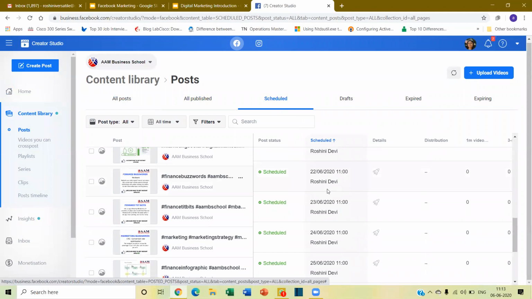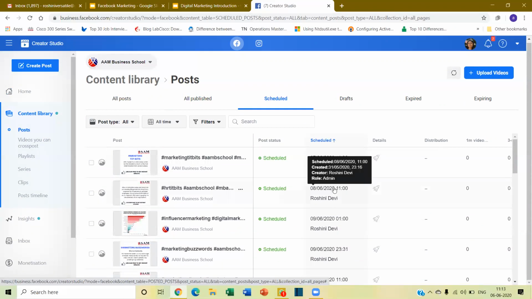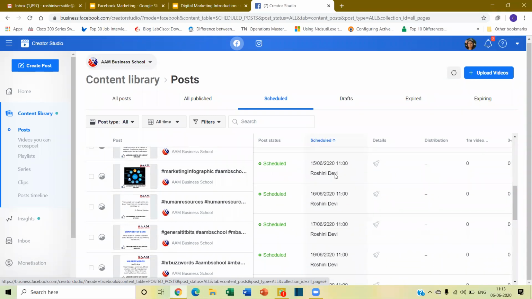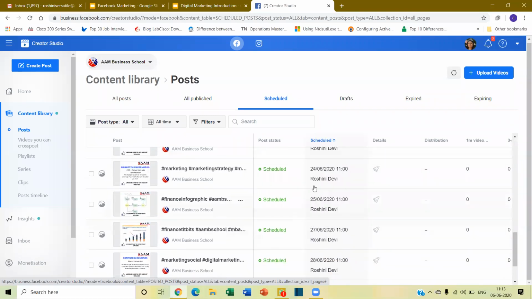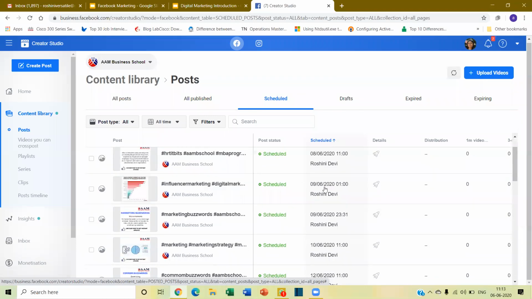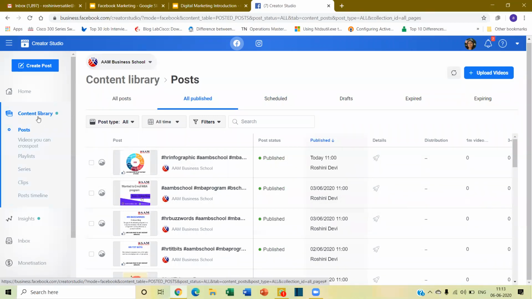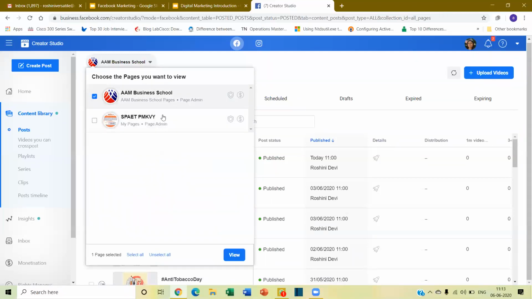Now see here, this is how we manage our official page also. Our official AM page is managed in Creator Studio, where I have scheduled almost every day. We have almost completed the entire June schedule. So every month, before itself, we schedule all the postings so that there is no need to spend time every day. We have already scheduled some 30-50 postings, and at that time they get posted automatically. That's the idea. So from the content library you can see all the postings, published, scheduled, everything is visible here, and whatever pages you're managing will show here.